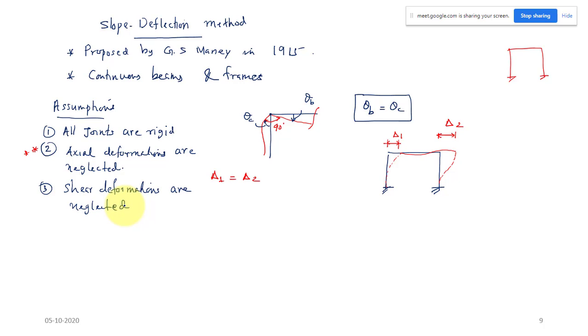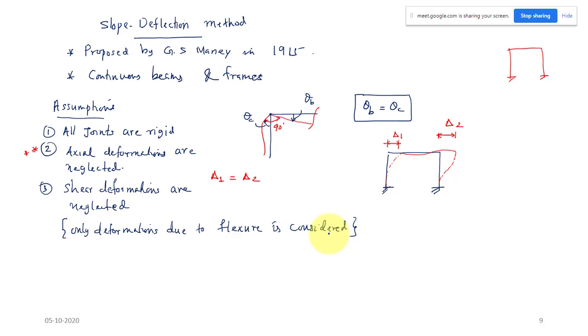For structures like beams and frames, what will we consider? We will consider only the deformations due to flexure. Only deformation due to flexure or bending is considered. Only the effect of bending we are considering throughout. The deformation due to shear and axial deformation we can neglect. That is the basic assumption we are keeping in all the methods.